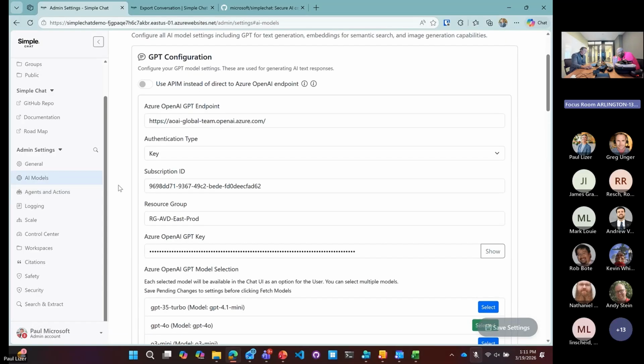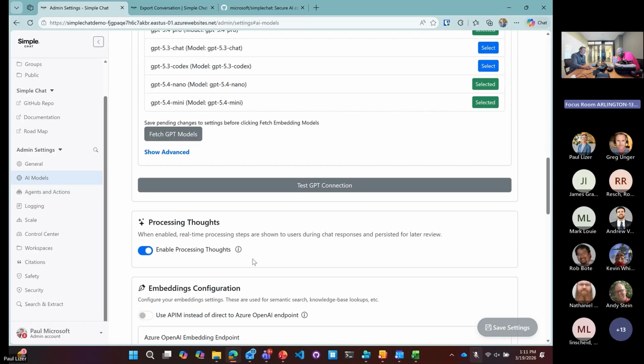Okay, so this is in the AI models tab. Right now, it's sitting below the GPT model. You have to enable this. This creates a new container in Cosmos. So when it creates it, it's going to create it as the default. So you may want to go in there and update the scaling on it so it supports it, because it's going to be processing through a lot of information as it goes through.